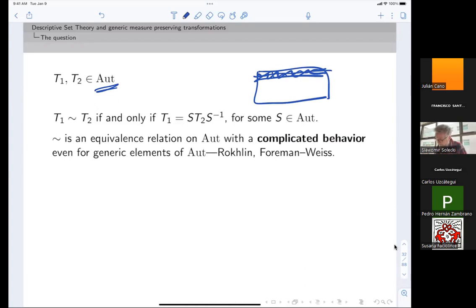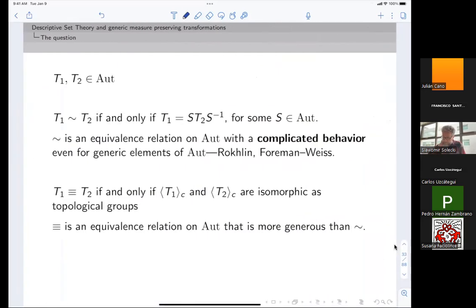There is an old result of Rochlin about it, and there is a very powerful recent result of Foreman-Weiss. From the descriptive set theoretic point of view, this is a very complicated equivalence relation, even on comeager sets. All right, so the situation looks bad, and for that reason, and maybe other reasons too, but this is one of the reasons,